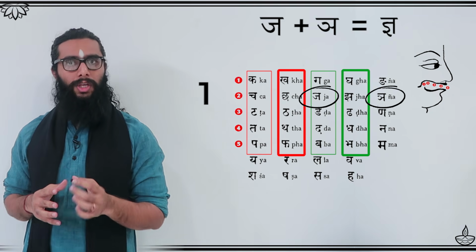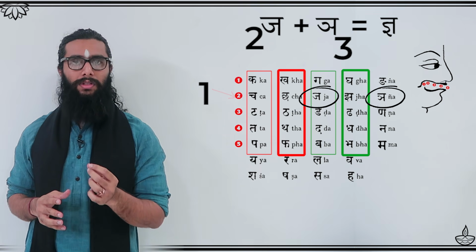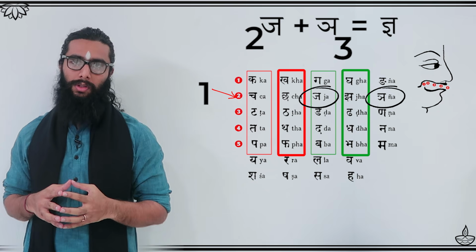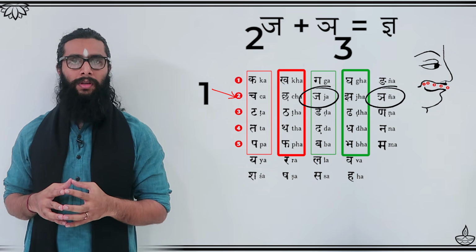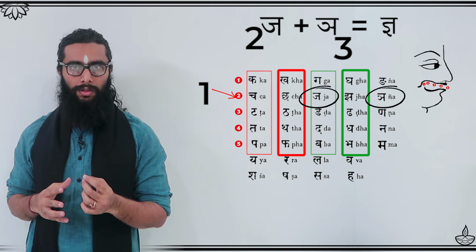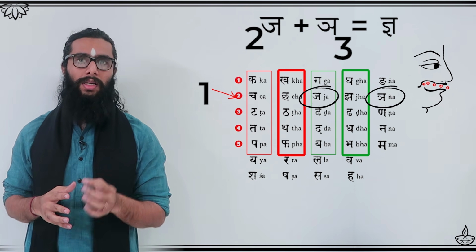The 3 key points to keep in mind when trying to utter this consonant are: it starts by the surface of the tongue hitting against the roof of the mouth. It is a soft sound because of the influence of the sarala vyanjana ja, and it is uttered with the help of the nose because of the influence of the anunasika nya. The resultant sound is jnya.